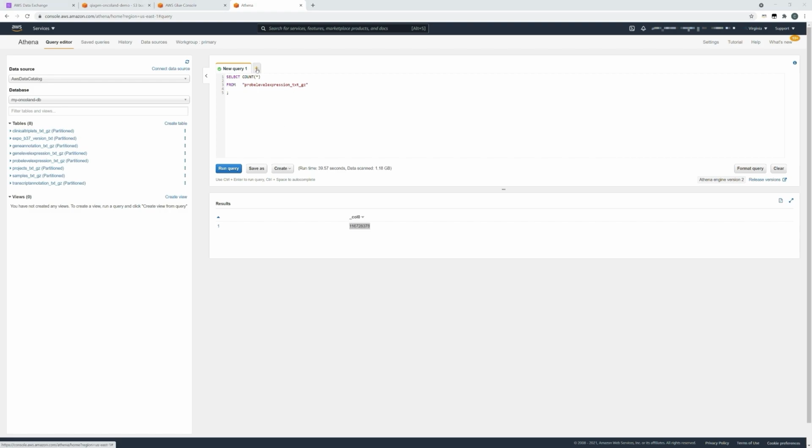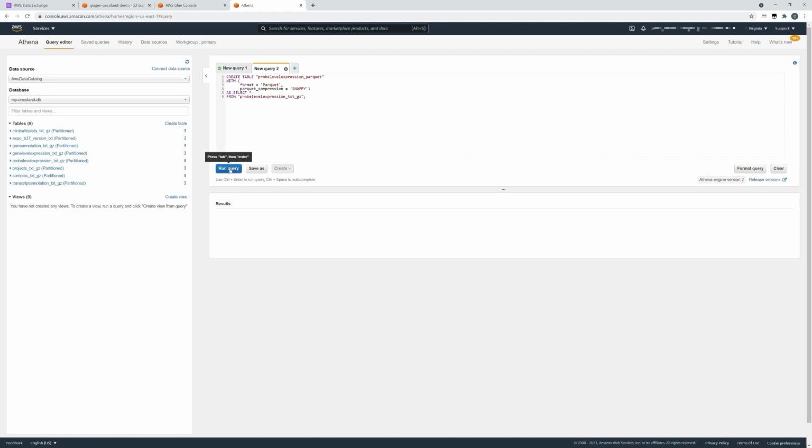We'll open a new tab to conduct that query, and I've already prepared it, so I'll just paste that now. The structure of the query, we're going to create a table, and we'll provide the table name here, probe_level_expression_parquet. And we're going to specifically denote the format of this data. So we'll say with format equals Parquet, and Parquet compression, specifically snappy compression. And in terms of the data that's going to fill that particular table, we're going to create that as a select star from the original probe level expression text data file.